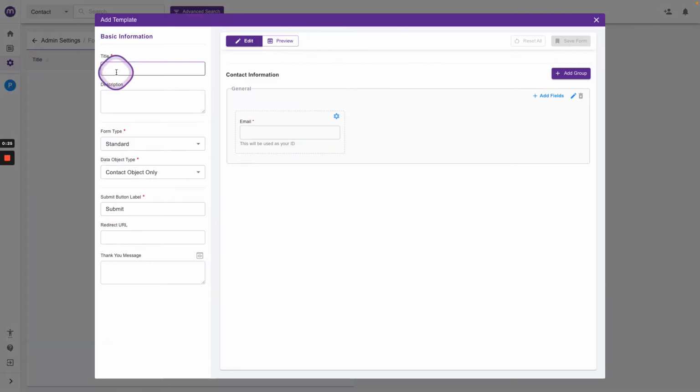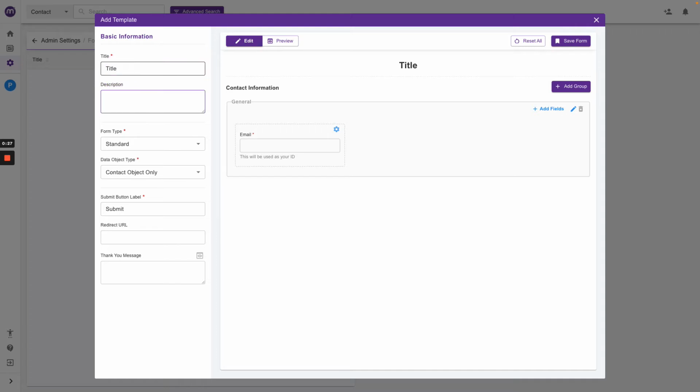You can give the form a title and a description. And then you can choose what type of form it is. Now, Macanta has three types of forms. A standard form is exactly that, just a standard form. So I can go here, I can say it's a standard form, and then I have the option to say,